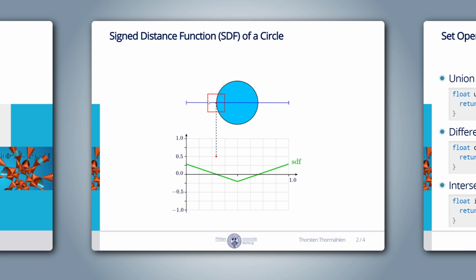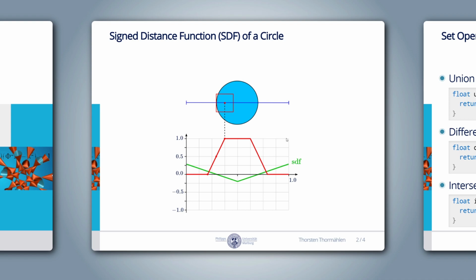If we sample at the center of the pixel and the SDF is 0, half of the pixel is inside the shape and the fill function should return 0.5. At this location, the pixel is completely outside of the shape and the fill function should return 0. At this location, the pixel is inside of the shape and the fill function should return 1. Consequently, this red curve gives us the graph for the anti-aliased fill function that we want to implement.